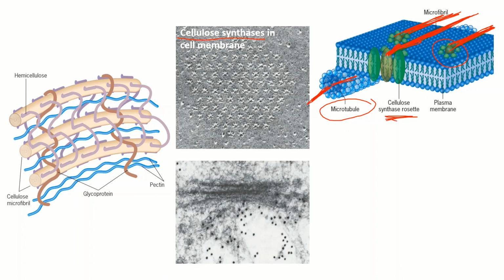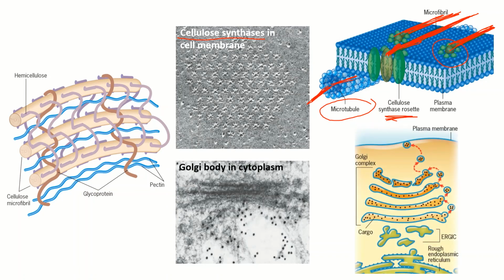Now, once the cellulose microfibrils are held in place, from the insides of the cell, from the Golgi apparatus, okay, the other components like hemicellulose, glycoprotein, and pectin are deposited from the inside onto the outside, thus forming a complete cell wall for the